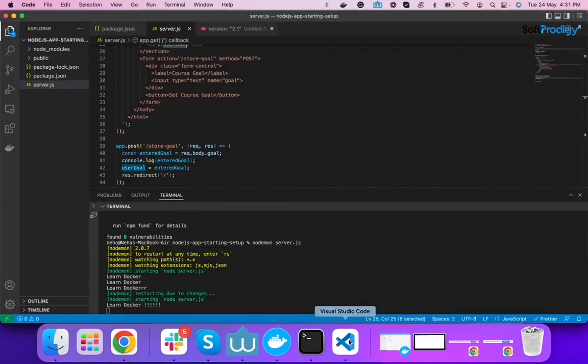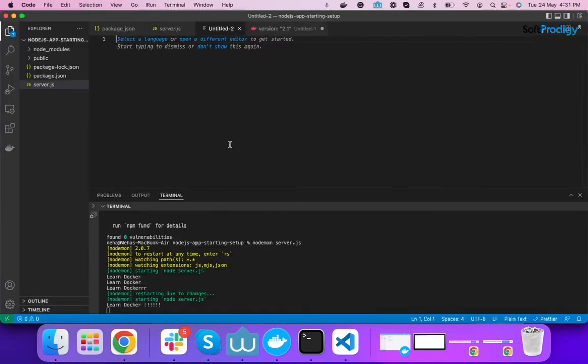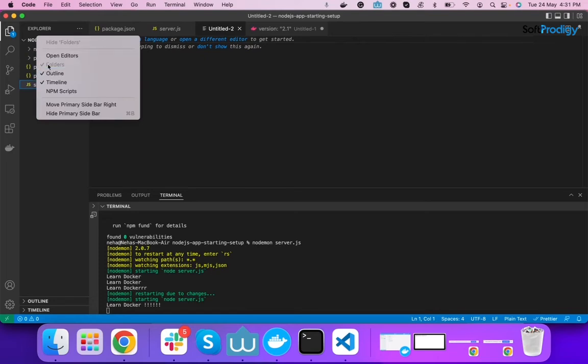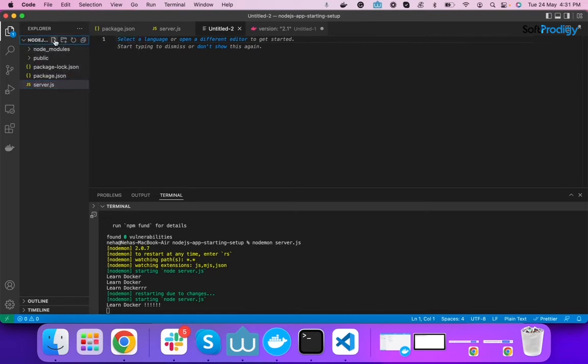Now let us start to configure a Dockerfile. Let me create a Dockerfile in the root folder. The Dockerfile name should be proper: it should start with a capital D and be in continuous format.